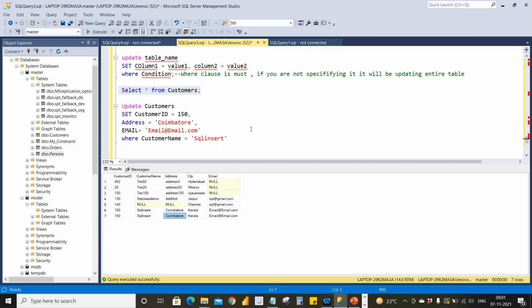I think you understood this concept, like how you can update and how many columns you want to give. You can give that many columns over here, and you can restrict. One second, I'll try one thing, whether it will work out or not, we'll see.